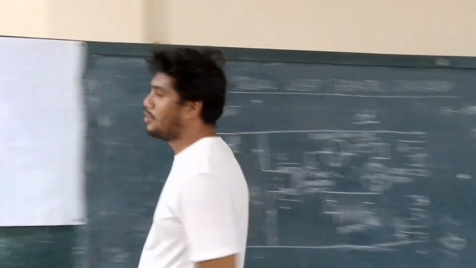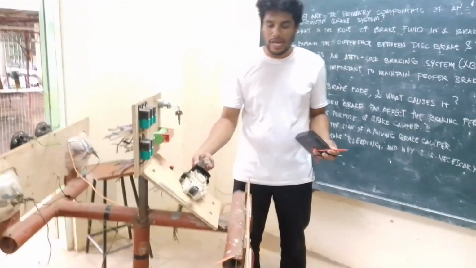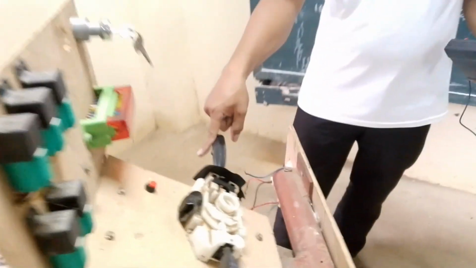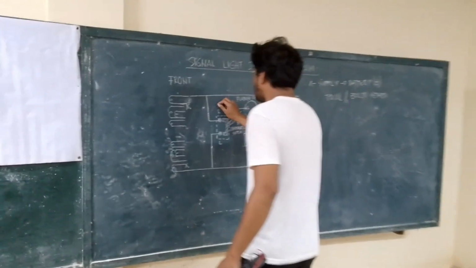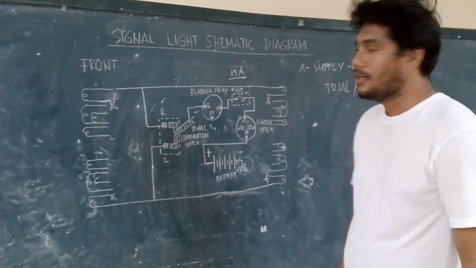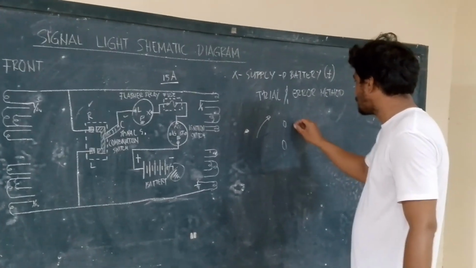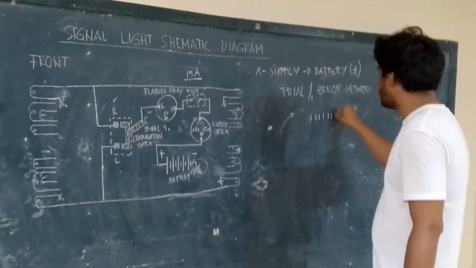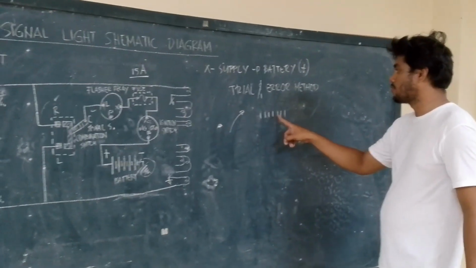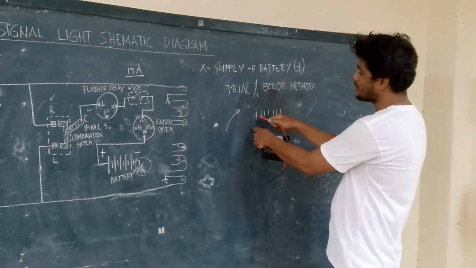Okay? So, before doing so, we need to set our signal light switch either left or right. If it is right, therefore, we need to find the common and the right. Okay? If there is a continuity, for example, this is our terminals. Different terminals: 1, 2, 3, 4, 5, 6, 7. If we try this one, for example, this wire